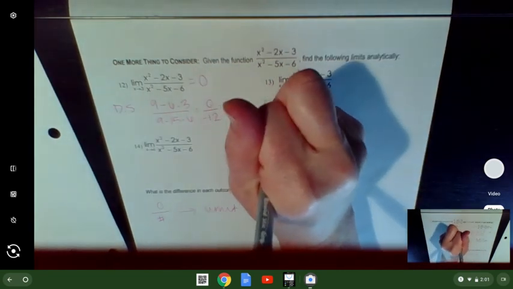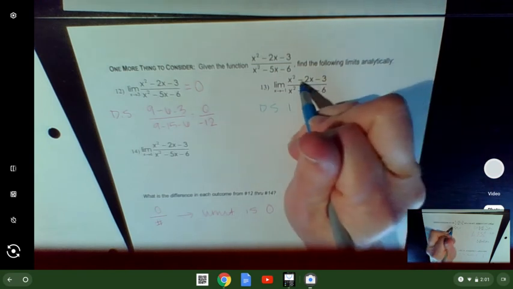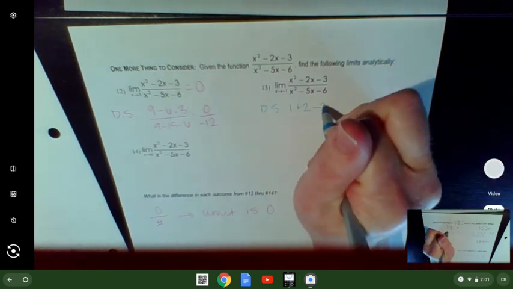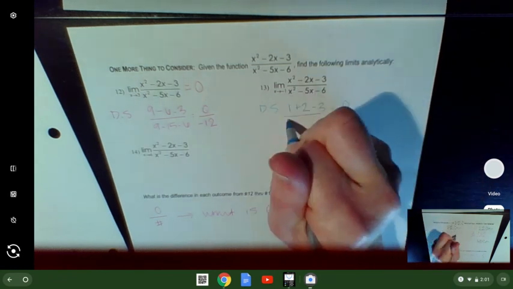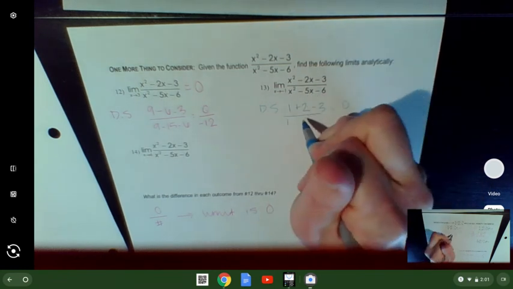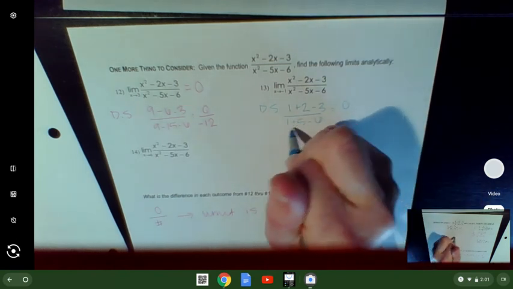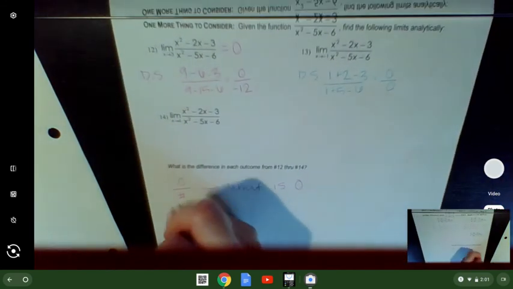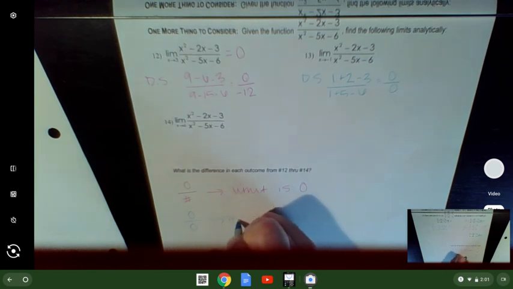So first things first, direct substitution. -1 squared is 1. -2 times -1 is +2 minus 3. That gives me 0. In the denominator, -1 squared is 1. -5 times -1 is +5 minus 6. 1 plus 5 minus 6, 0. This time we got indeterminate form. 0 over 0 means indeterminate,